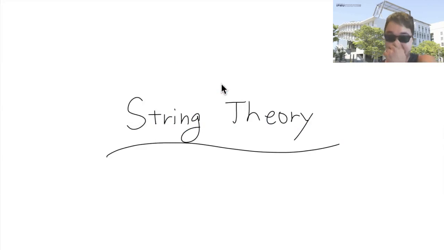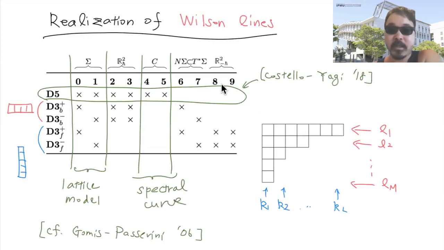Yeah, so it seems that I have a few more minutes. I can spend a little bit on how to discuss this at the level of string theory. I won't say much, except first of all, the whole setup can be embedded into string theory. For example, the 4D Chern-Simons theory can be realized by D5 branes on the omega background. So D5 brane is a 6-dimensional theory, and you put in the omega background, which is in 2 directions, and the rest is sigma times C, which is the 4-dimensional Chern-Simons directions we have been discussing.